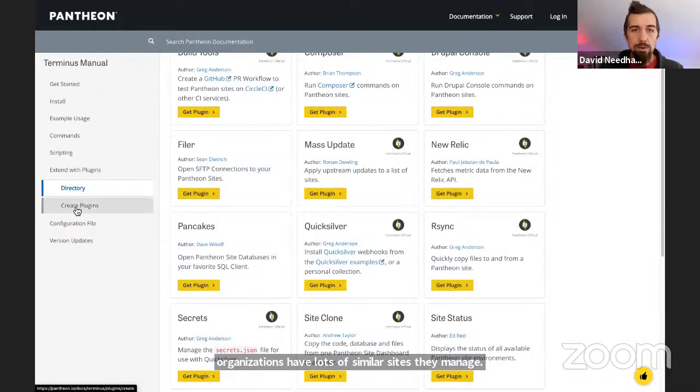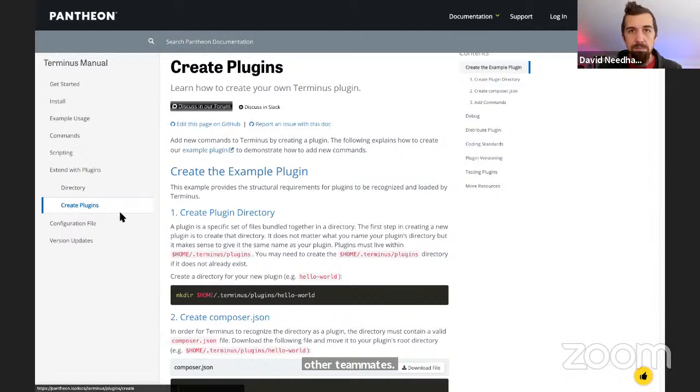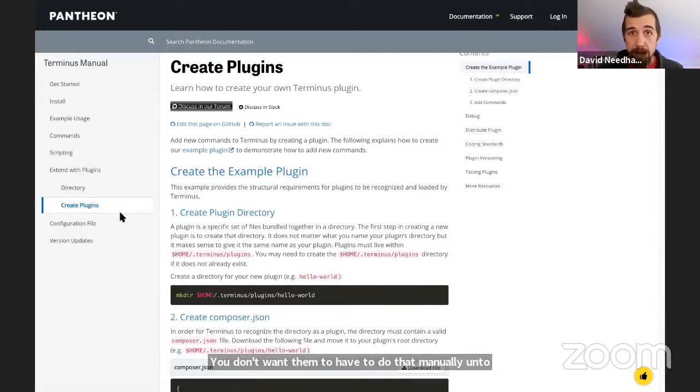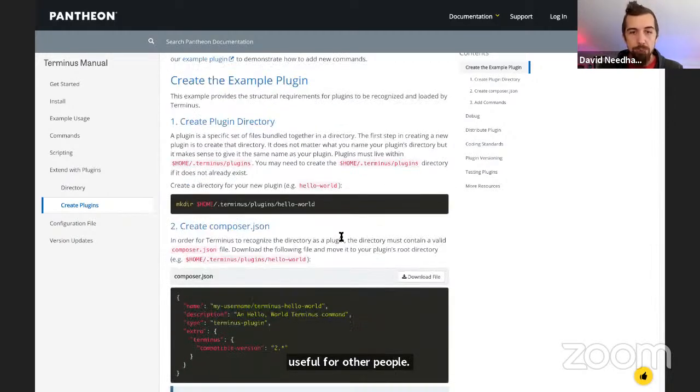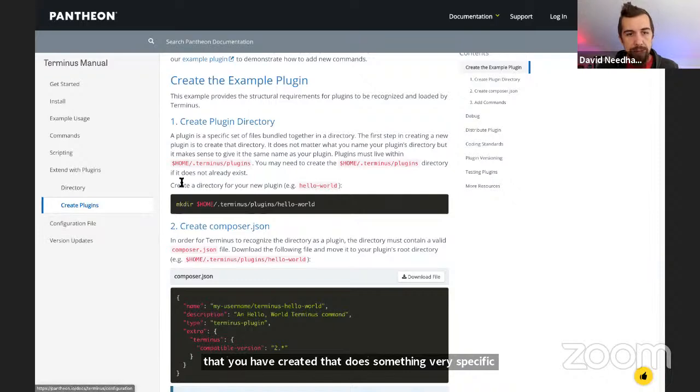And of course, you can create your own plugins. If you're on a team and you do something as part of your team, and you don't want your other teammates to have to do that manually themselves, you can create a plugin, share it with your teammates, maybe share it back with Pantheon if it's useful for other people. And then you can use a Terminus command that you have created that does something very specific to your situation. And then there's some configuration file and version updates, but that really brings us to the end of the